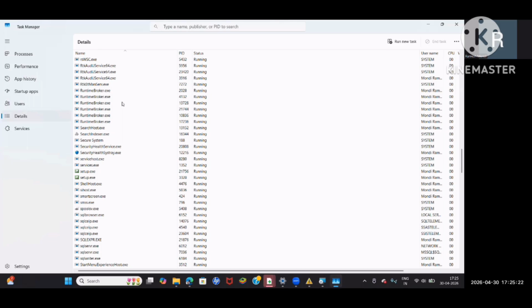Any version, 2019 or 2022, any version and any edition, you can install a maximum of 50 SQL instances on one laptop or desktop.